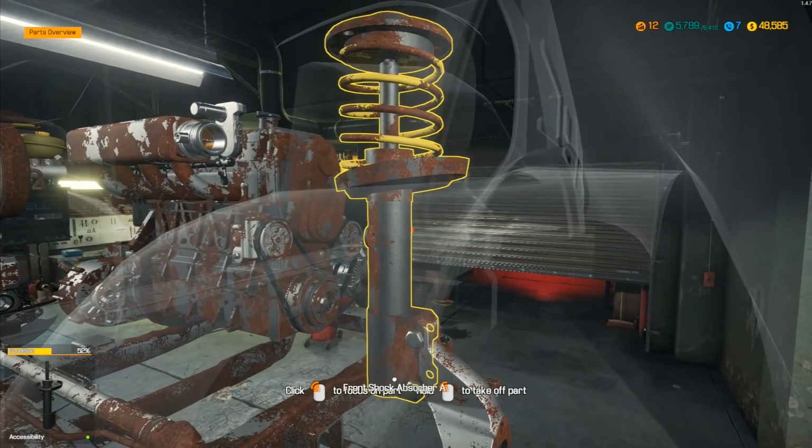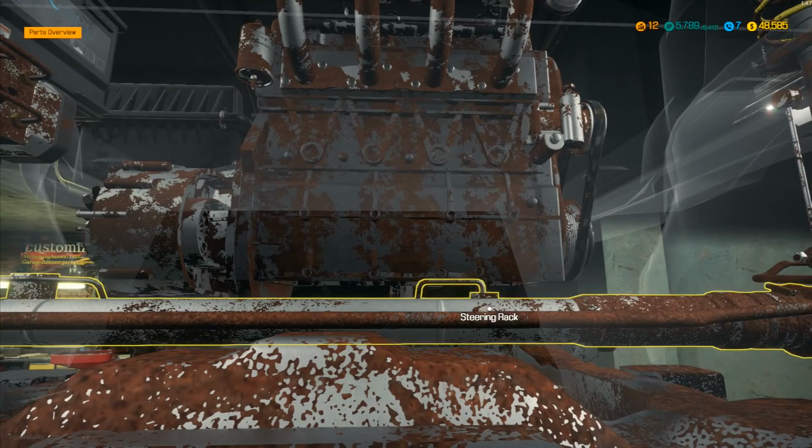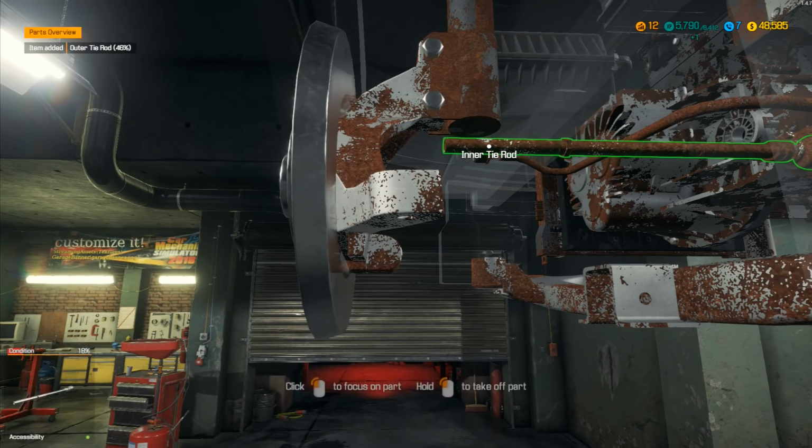Not that one. That one's actually... Is this from the engine bay? Got a feeling we've got to remove that one from the engine bay rather than here as we are at the moment. And then the front sway bar, I've got to remove that side over there. Take that one out, and then I can...